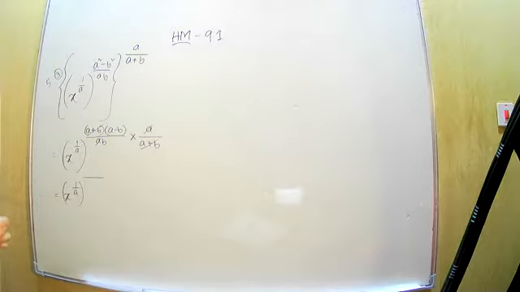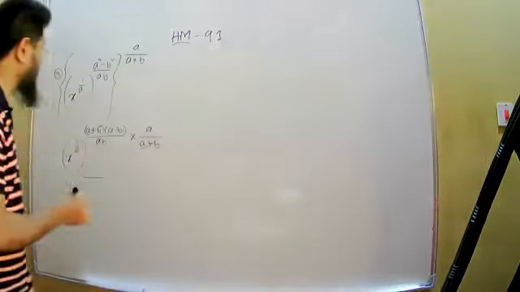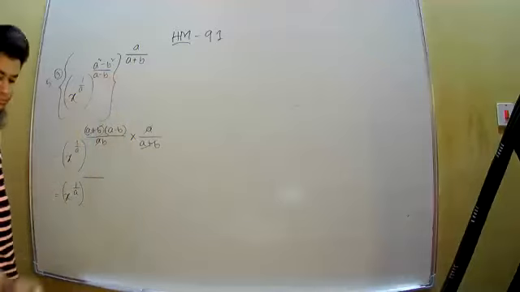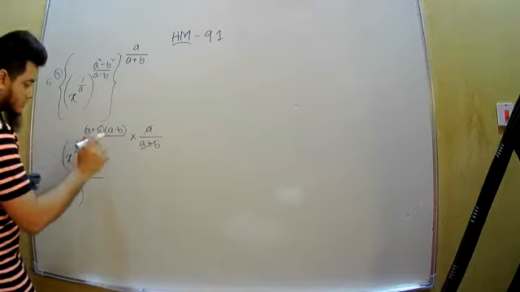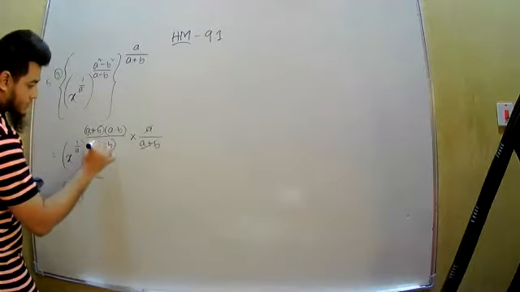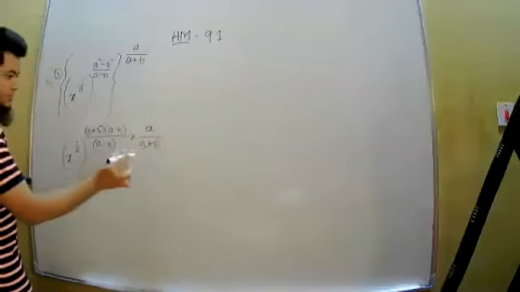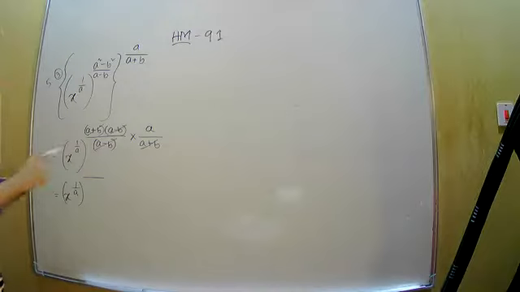Sir: কোথায় a minus b? a square minus b square এর নিচে। Oh, a square minus b square এর নিচে a minus b. Okay. তাহলে তো আরো সিম্পল হয়ে যায় না? এখানে a minus b, আচ্ছা, a plus b will get cancelled, a minus b will get cancelled. তাইলে এখানে থাকে শুধু a।